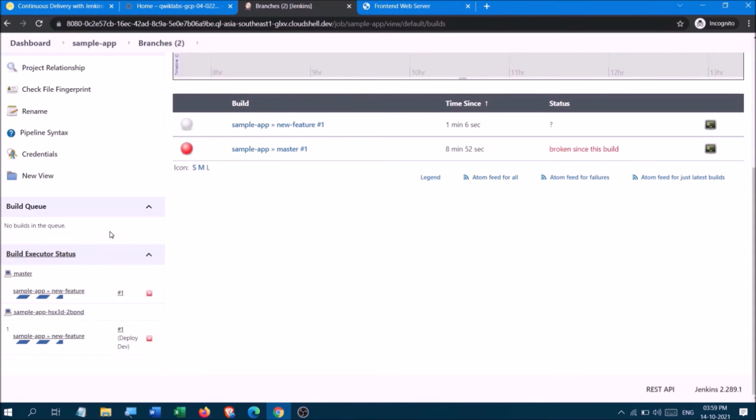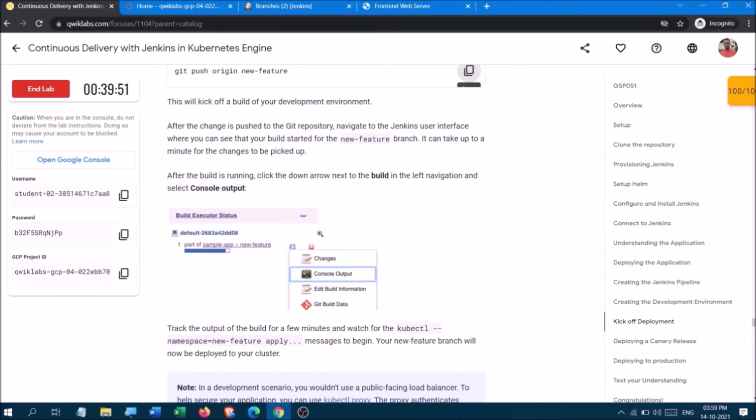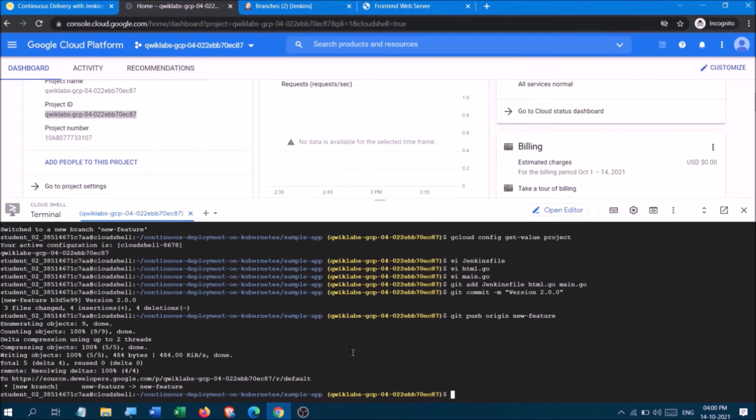It will take 1-2 minutes. Okay, so you will see this part, to check whether it has been done or not.